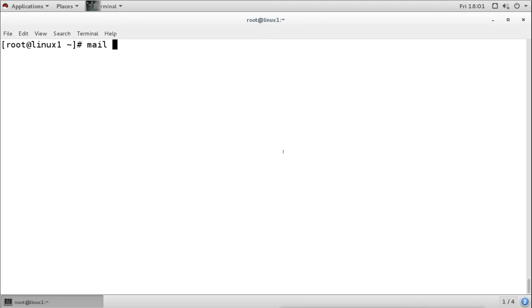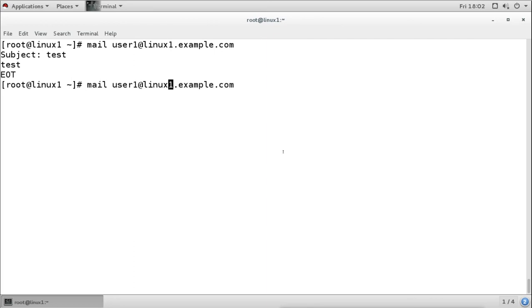We'll try to send mail to users, like I will try to send mail to user 1. And also I will try to send to user 2. Then I will check whether it is creating the directory or not.